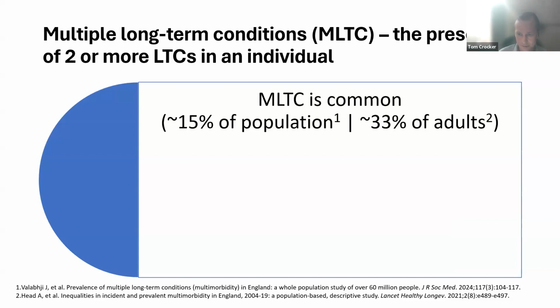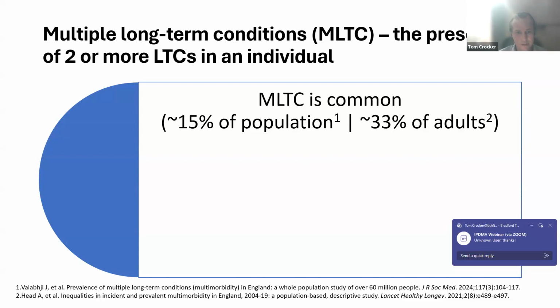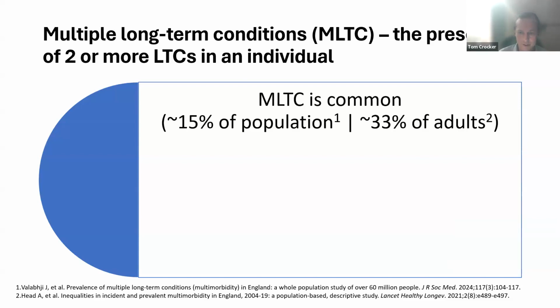And actually, that estimate of a third of adults was for what they defined as complex multimorbidity. They had a much higher estimate for straightforward multimorbidity. Obviously, it depends a bit on how exactly conditions are defined and the data source. So, of course, long-term conditions tend to accumulate with age. So less than 1% of children have MLTC, while most older people have MLTC. And multiple long-term conditions can come with significant impacts, including loss of mobility, loneliness, social isolation, mental well-being, and pain.